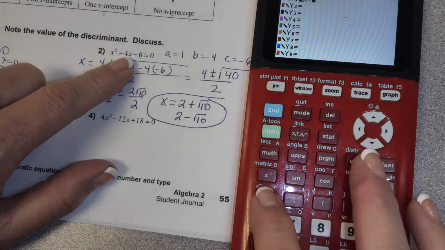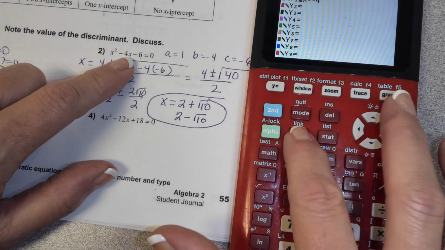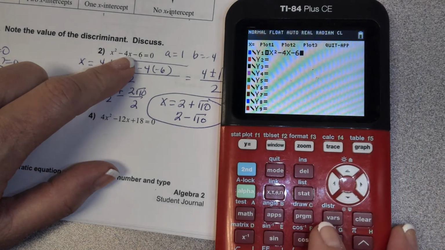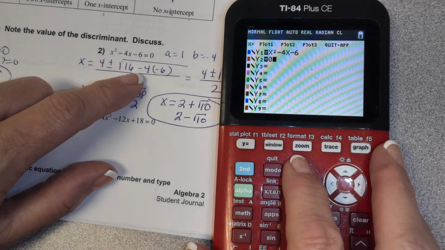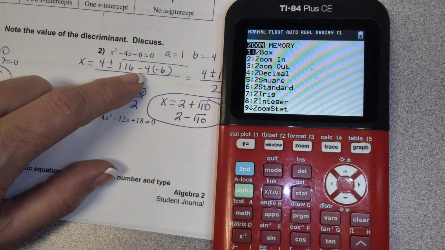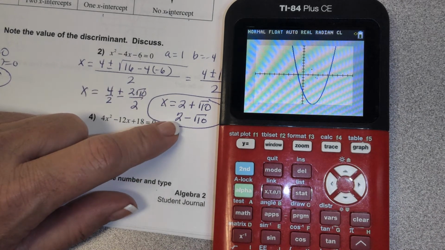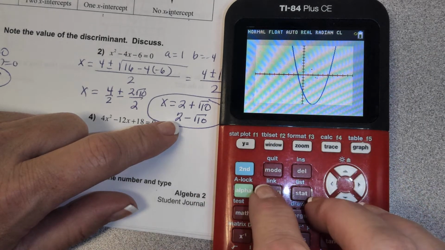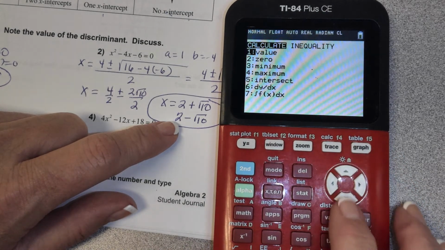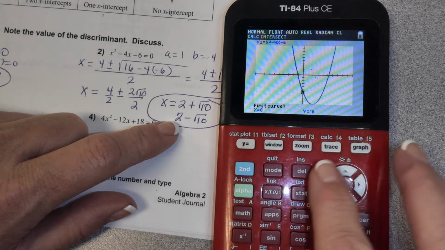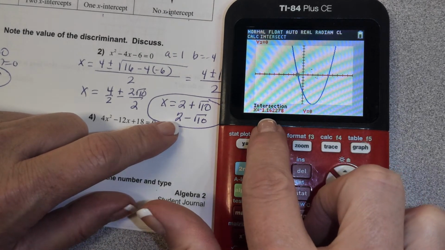X squared minus 4x, whoopsie, wrong button, minus 4x minus 6. Put that in there. Go down to y equals again. Put in 0. These numbers are pretty small, so I'm just going to do a zoom 6. Here's the way it looks. These should be x-intercepts, right? So I'm going to compute those x-intercepts, and since I put in y equals 0, the quick way to do it is second trace, calculate, and I'm going to find that point of intersection, get kind of close to it, enter, enter, enter, and the intersection is at negative